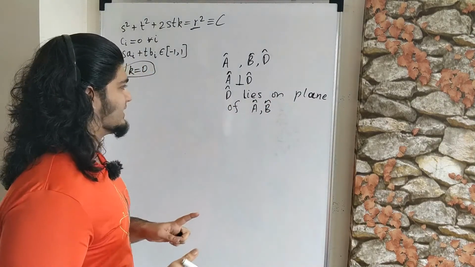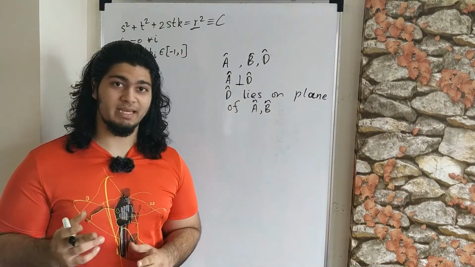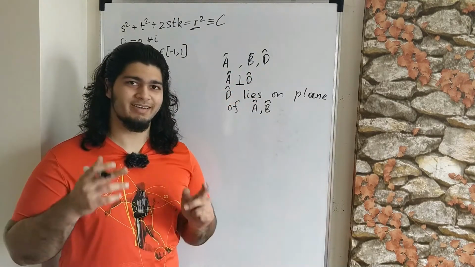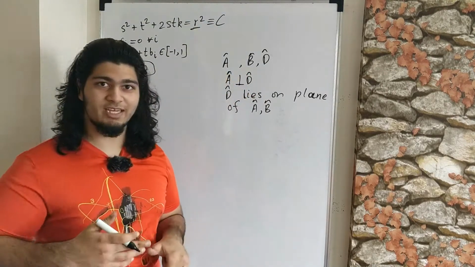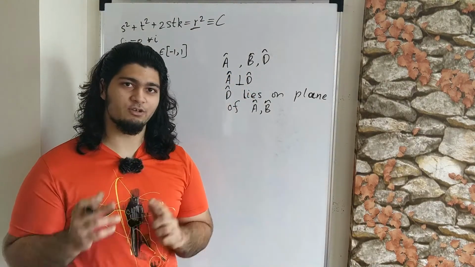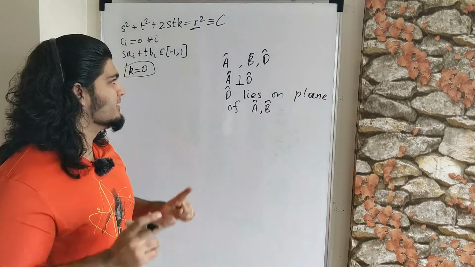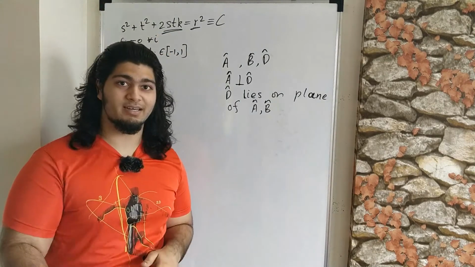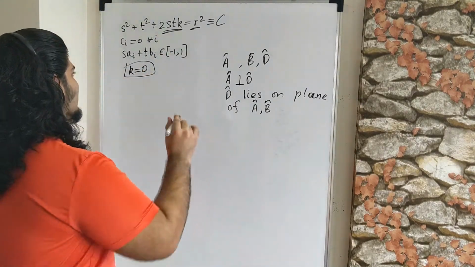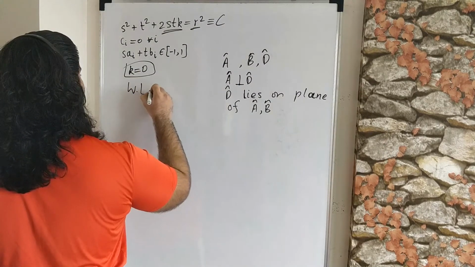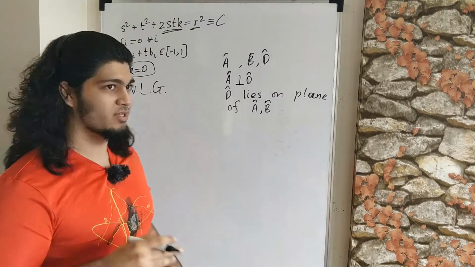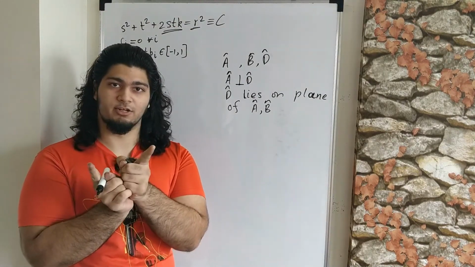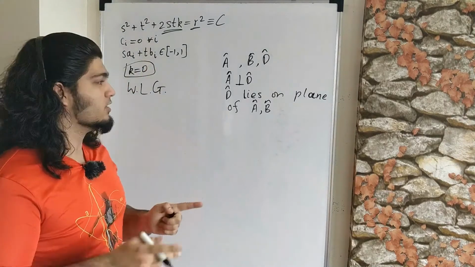So basically what we are saying is that even though a hat and b hat may not be perpendicular, we can find a new basis vector d hat such that d hat is perpendicular to a hat, and then we can shift our basis from a hat, b hat to a hat, d hat, because then we can say k is equal to 0, and that will just eliminate this term and make our life much simpler. So we can say k is equal to 0 without loss of generality, because, again, if you have two vectors which define a plane, they may not be perpendicular, so we can't say k is equal to 0 for sure.